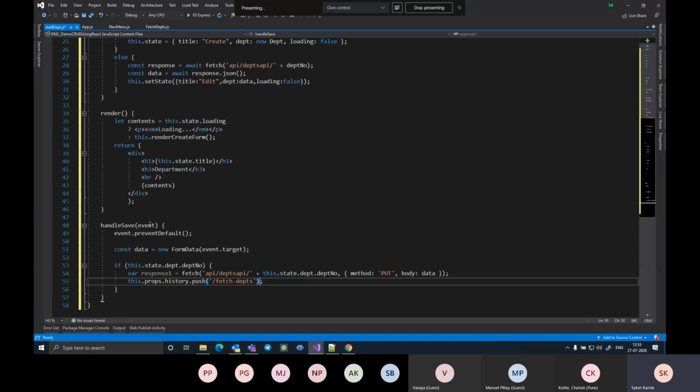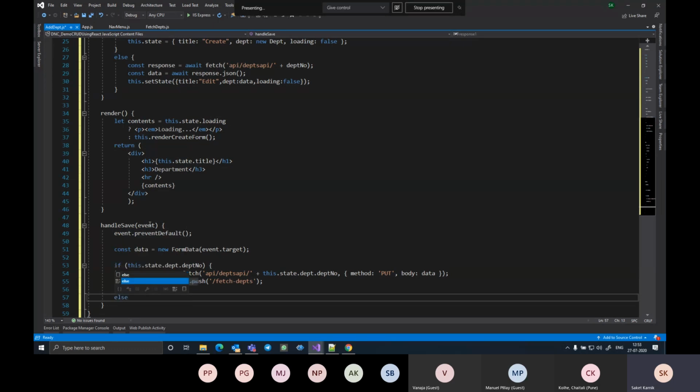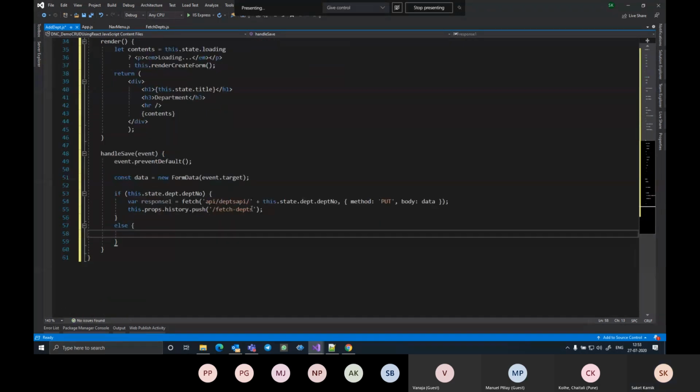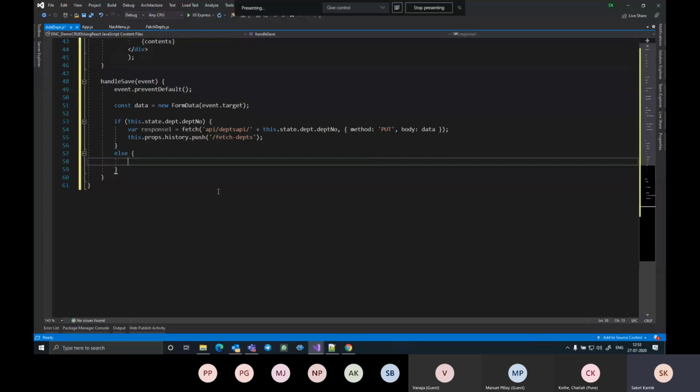So my view will automatically be changed. So that's my handle save part 1 in case the request was for edit, but I need to put code for handling the request for insert operation as well. So here I say var response is equal to, copy this part, paste it here. In case of post, there is no route parameter, so I just get this removed, slash and